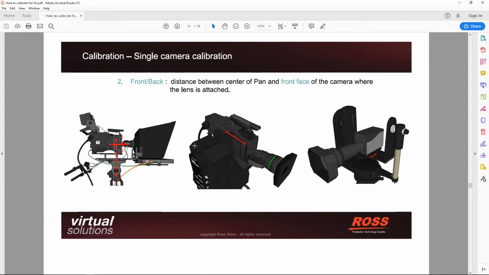And then we have the front-back, which is where the camera is mounted on the footplate. This can mean that for counterbalance you're not quite in the center of where your point of rotation would be. From the weight distribution of the counterbalance, your camera could be further forwards or further backwards, so that it sits nicely and evenly weighted. Again, from here we're just measuring the distance between the front of the camera back to the point of rotation. So just this small measurement here of the distance. Again, it can be larger depending on how you mount it and the size of your camera.